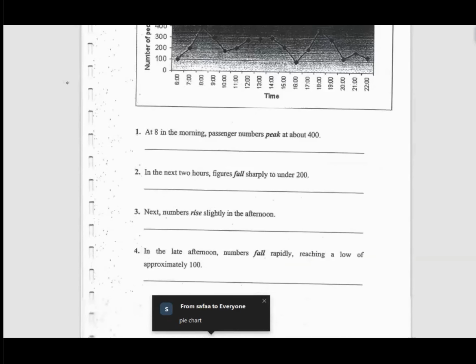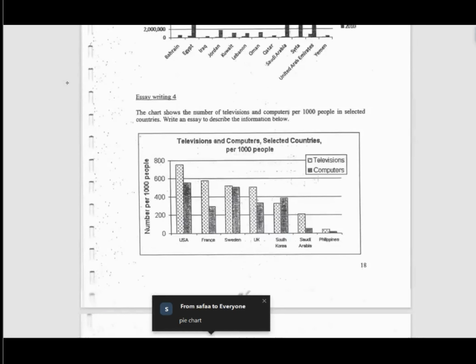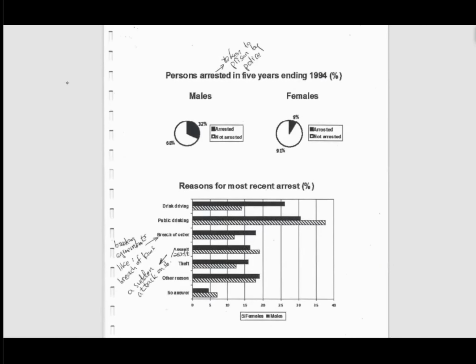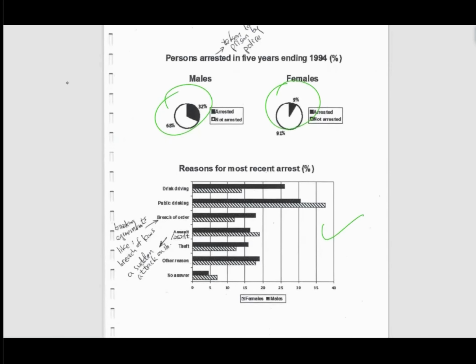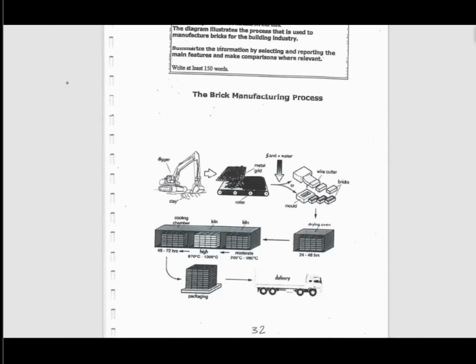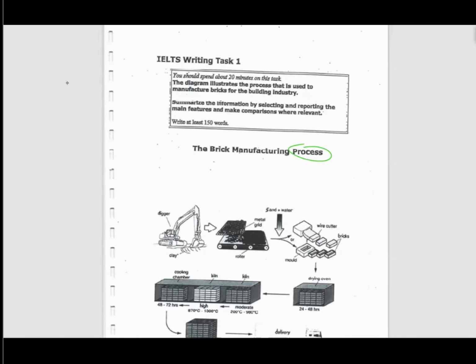It can also be pie chart again. Sometimes task 1 has 2 drawings, pie chart and bar graph in one question. So some students think it's a bit confusing, but it's easy actually. We will see what's the right technique to write a report for such a question. Two drawings in one question. It can be also a process.